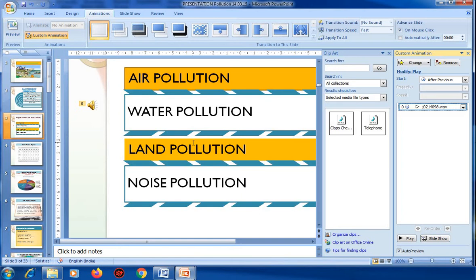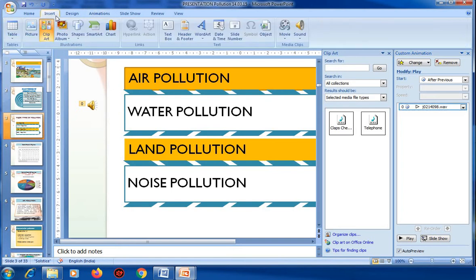Next point we'll discuss is recording a sound. How to record a sound? To record a sound which can be used in the presentation, we'll follow some steps. First of all, open the presentation, then click on the Insert tab. Same step, click the Insert tab, then step 2, click on Sound from the media clip group. Same step, this is the media clip group sound option.